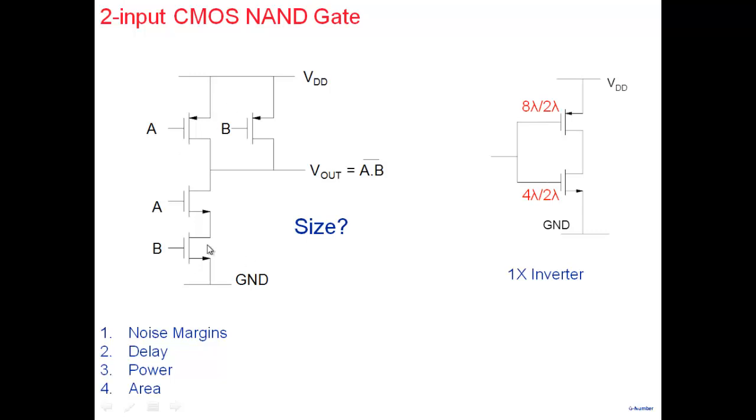We are designing a NAND gate such that it has the same pull down strength and same pull up strength as my inverter, and we can call that a 1x NAND gate, a NAND gate of strength 1x. If you want a NAND gate of strength 2x, you can double the sizes here and double the sizes there. That becomes a NAND gate of size 2x, and you can make 4x and 16x and so on. But 1x